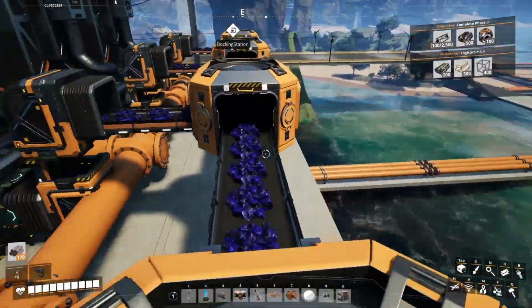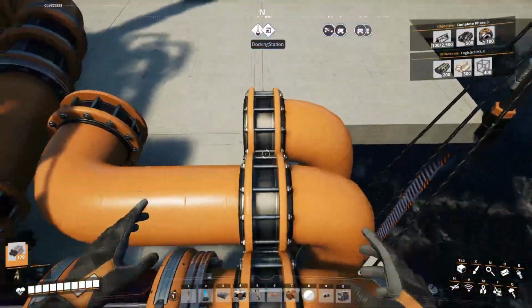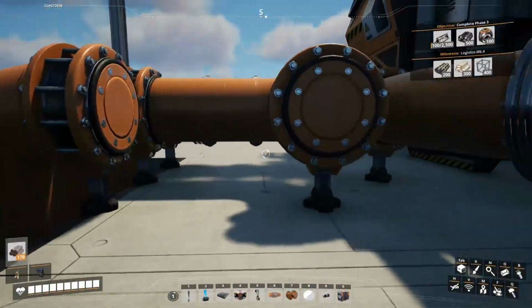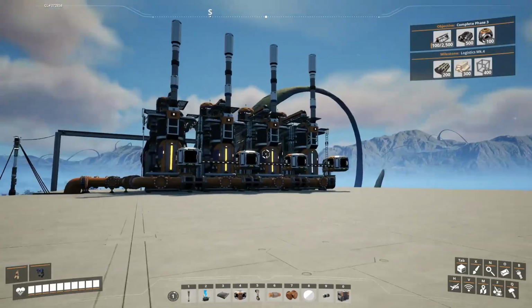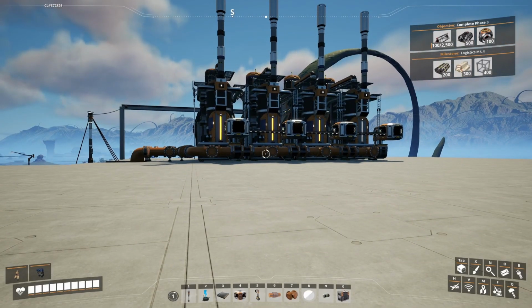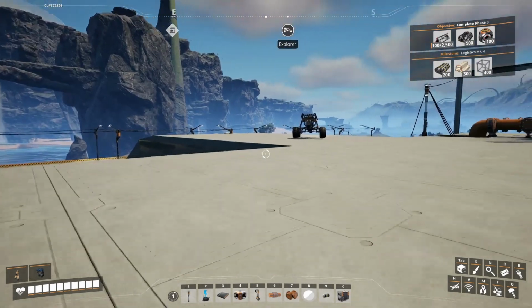But before doing anything else, we want to place down the other two factories, because all of this crude oil needs to go somewhere. Now if I'm correct, I'm going to need 8 refineries for rubber and 8 for plastics to produce 160 rubber and 240 heavy oil residue, which is later going to be converted into